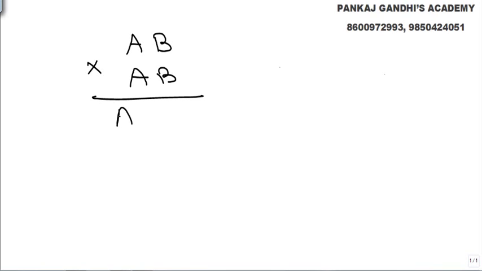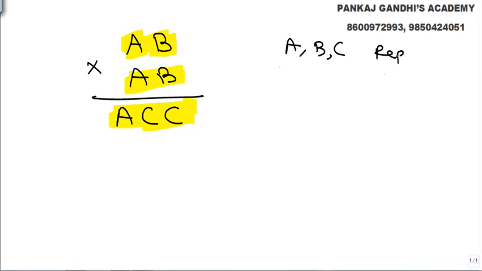Let's say now the question given to you is: AB is a two-digit number. Multiplied by AB, we get ACC. Now all these A, B, C, each of them represent